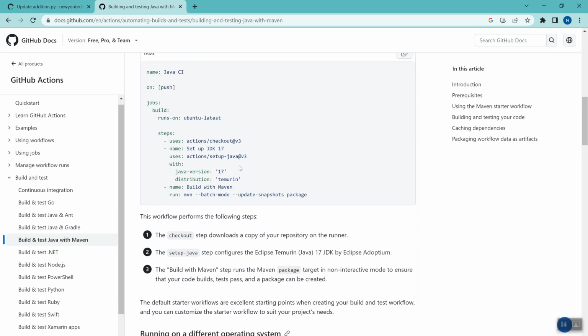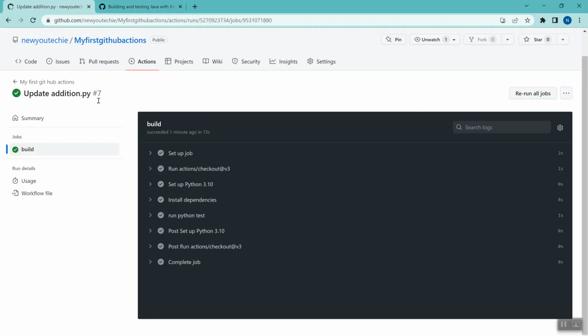So where you will be again checking out the Java code and installing the dependencies. So in this way you can automate the workflow. I have automated a simple one, but it can do any complex thing. Okay,